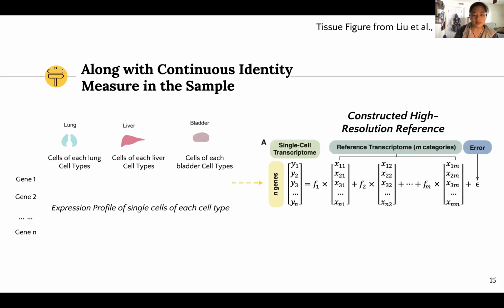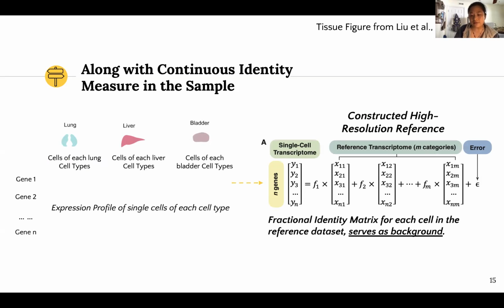Here, on the left-hand side is what we identified as the expression profile of each single cell of each cell type from the mouse cell atlas. Then we also run quadratic programming using our constructed high resolution reference, and from this we get a fractional identity matrix for each cell in the reference data set, which will serve as a background in this